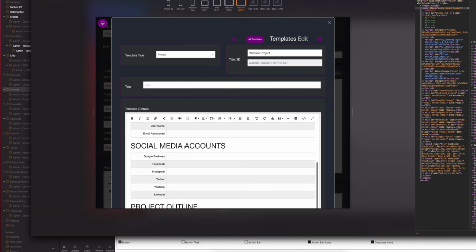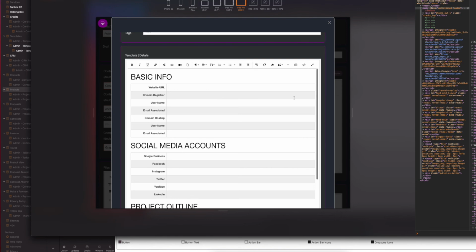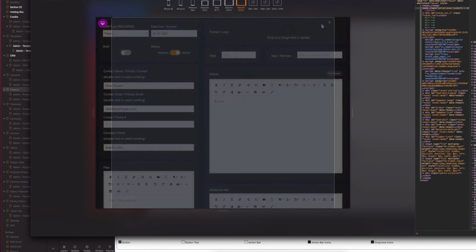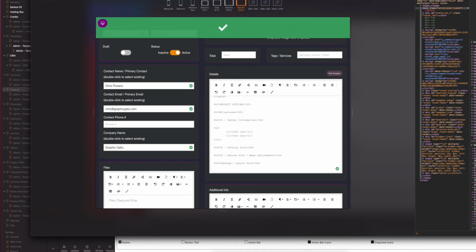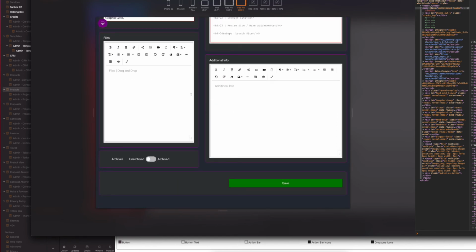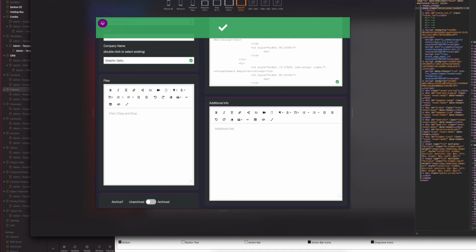So I have it already set up to show some basic information. So I can go in and say code view, select all, close that out, come in here, code view, paste, save. Okay, and then actually the total I set already was 1,000. I'll do website, and then you can do additional information down here as well, and then drag and drop some files if you need, so that you can have them all in one place. So I save that,